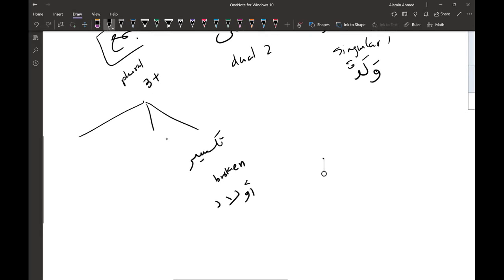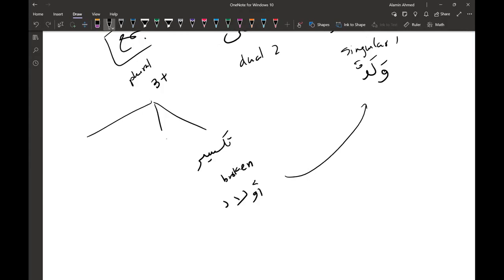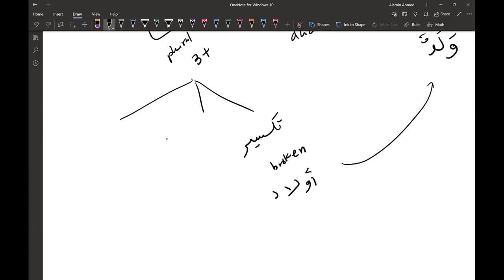We simply mean that its original word has been changed. We have altered the word, and now we have a different form. So the original word has been changed. That's what taksir, broken, is. Then we have